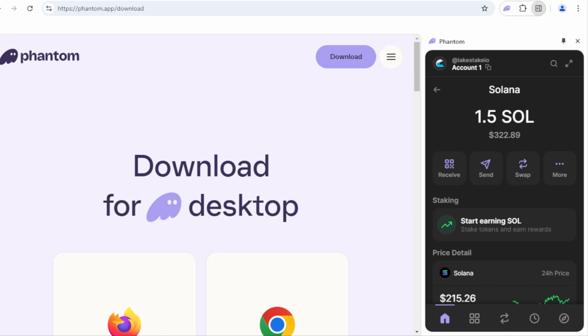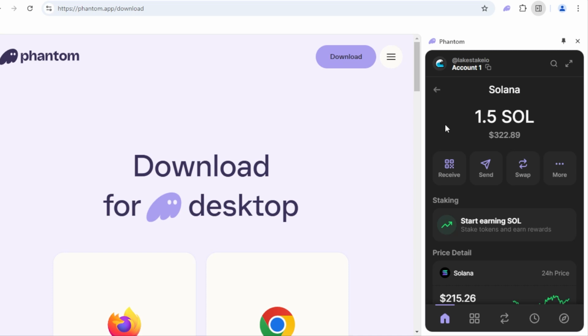Let's perform staking using Solana and the Phantom Wallet. If you haven't yet done so, go out and be sure to download the Phantom Wallet at phantom.app/download. Click the download button and get it installed. I have this running in Google Chrome, and as we can see, I have an account pulled up here with